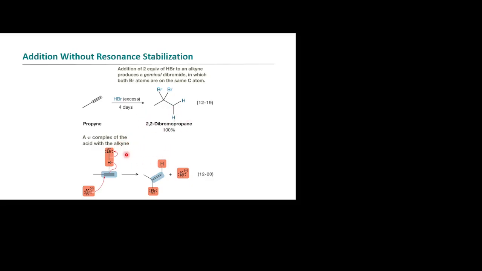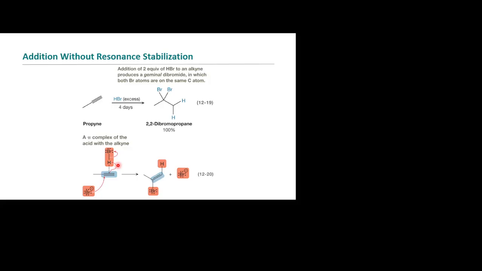And so one of the things that happens here, and this is kind of interesting, is you can actually form what's called a pi complex with the H plus, with that pi bond. Okay. If you're interested in learning about more interesting and weird things that can happen, come join me in inorganic chemistry. Okay. We'll actually learn about complexing there. But this is actually part of this mechanism right here, is that it's actually going to have this H plus come in here, and it's first going to join a complex, okay?